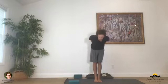Take the palms forward in front of you and lift your arms all the way up towards the ceiling. See that the feet are pressing down. See that the thighs are drawing back. And as the belly engages in, continue to wrap the outer upper arms in towards one another. Glide your hands back behind you and interlace your fingers here. As you take your fingers interlaced, lift your chest up, and on an out breath, begin to hinge forward